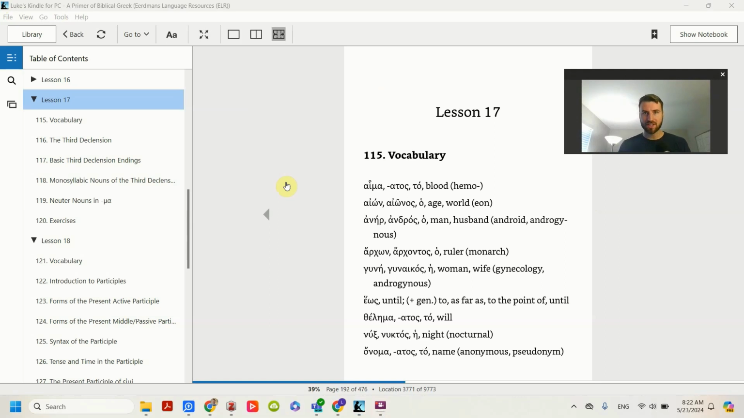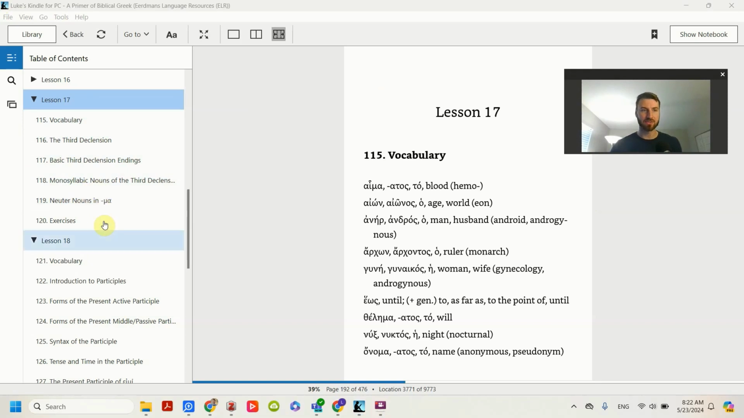We're now on to lesson 17. So we've been spending the last several lessons going through verbs. We went through all the tenses and all the principal parts. And now we are going to go back to nouns, and you'll see, so 17 is on third declension, which